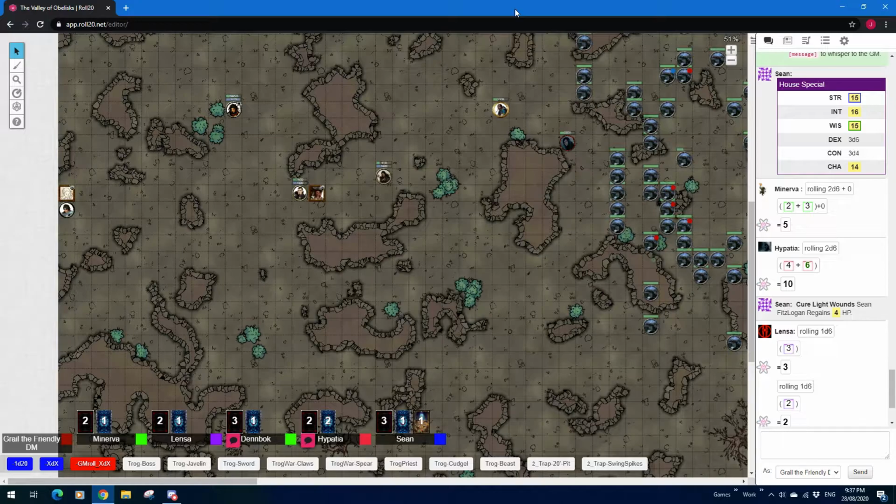Because what I've got, I've got a standard potion of healing and a potion of cure light, which I'm assuming is also D6 plus 1. Is that correct? Yes. And I have a potion of cure minor, which is...